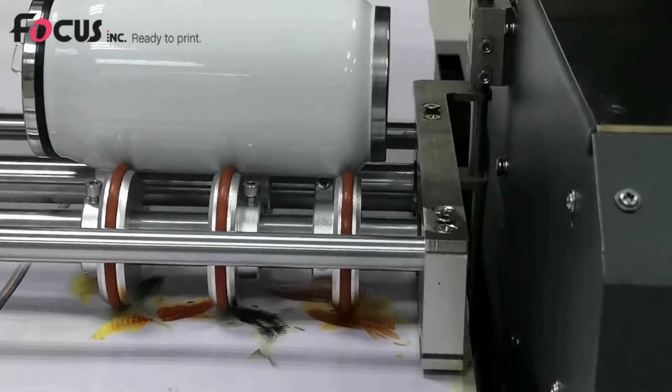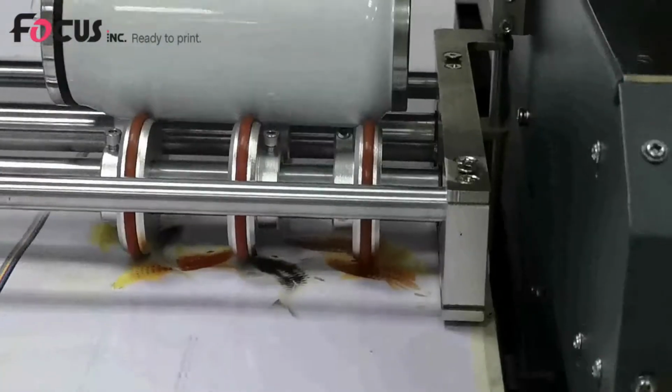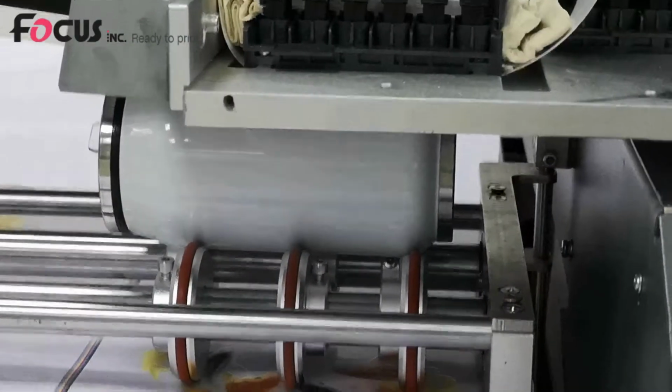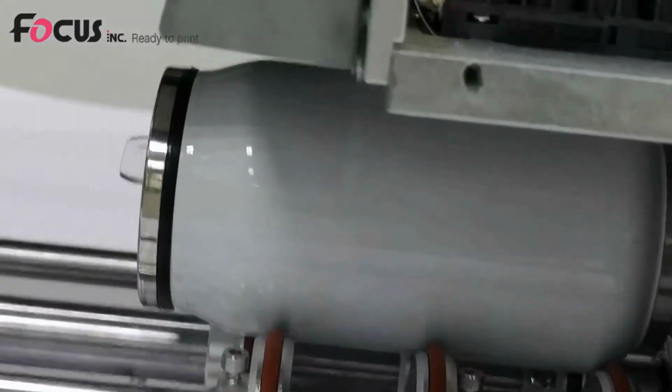Then we push down the emergency button and we pull the carriage out of home position, and we check the gap between the printing head and the mirror. Keep it at 3 to 5 millimeters,